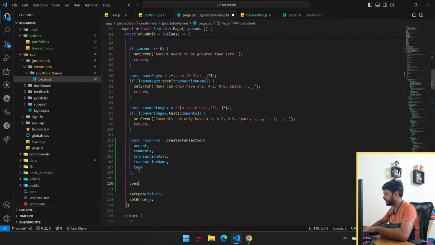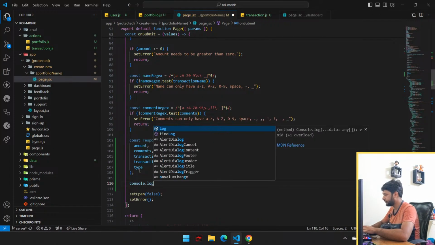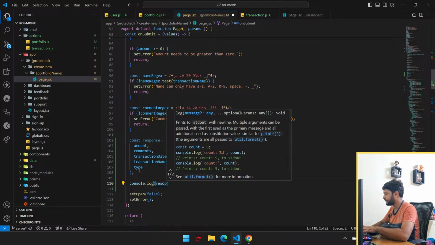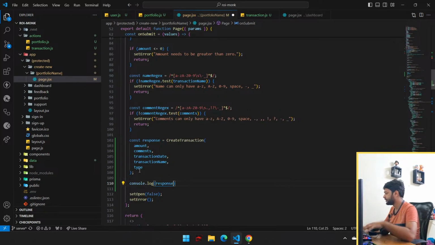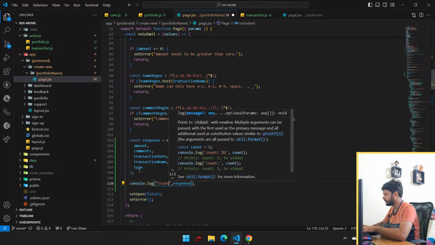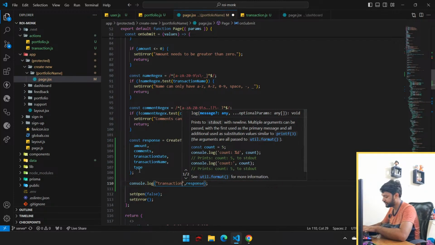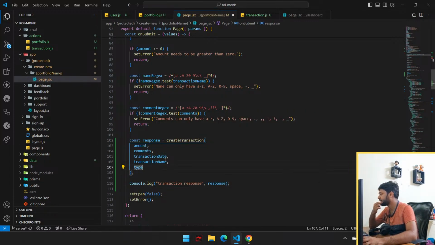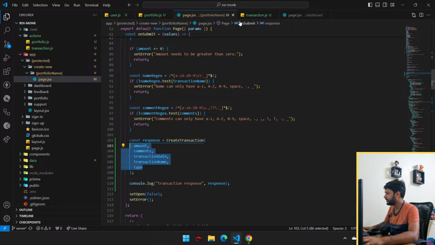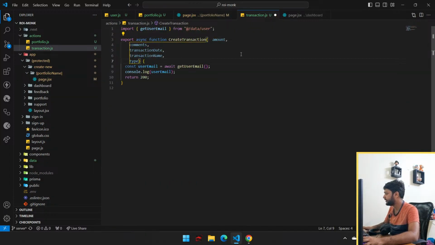And we'll quickly console.log response, transaction response, and we'll get all these values here,